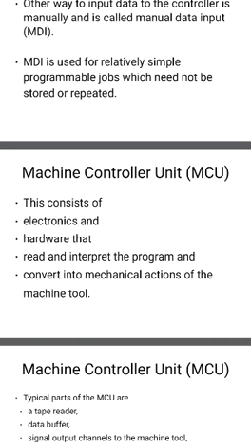So machine control unit is the second basic component. First one is program of instruction. This is the second basic component of numerical control. It consists of electronics and hardware. Next, machine control unit converts the program instruction into machine language so that the machine can understand. For that it has internal parts: tape reader, data buffer, signals, output channels, feedback channels. Those all will be in the machine so that it can store the data and give out the data whichever it wants.